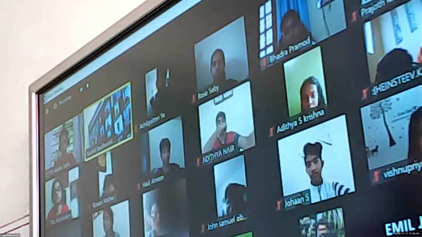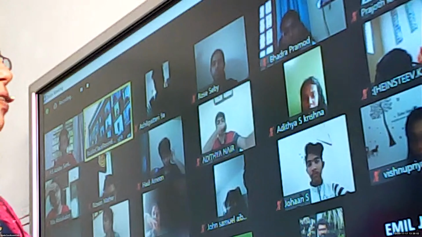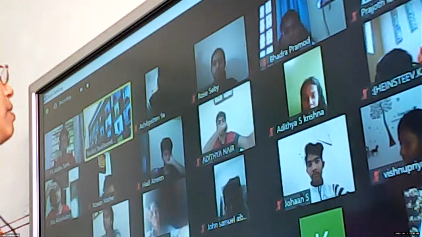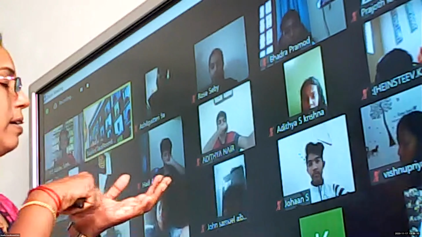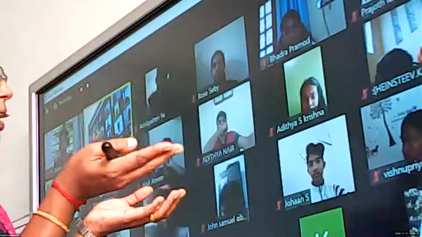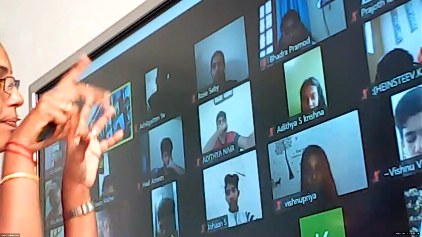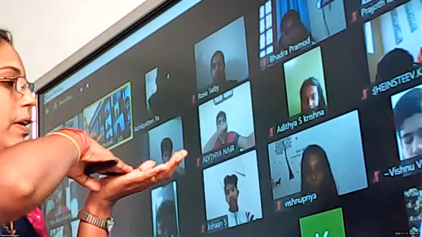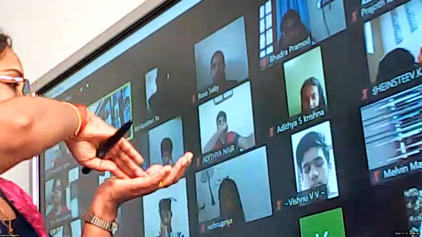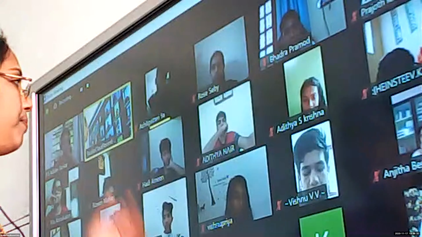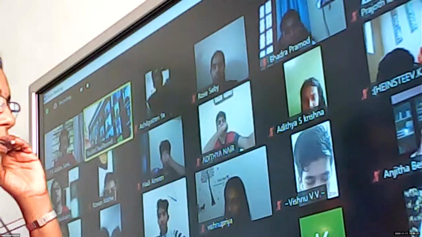Okay, children. Same shape and different size, those figures are known as similar figures. I'm keeping one 10 rupee coin on my hand, and let me keep the 5 rupee coin on top of the 10 rupee coin. Will it coincide? What do you mean by coincide? Same size, same everywhere. No, ma'am. So that way we can understand that these two are not congruent.